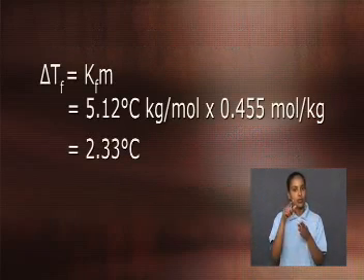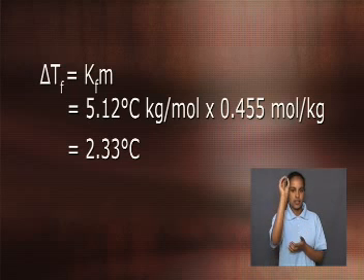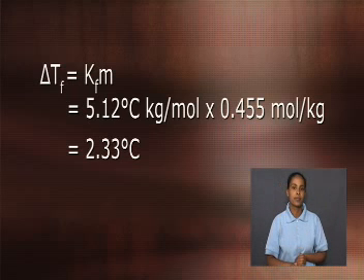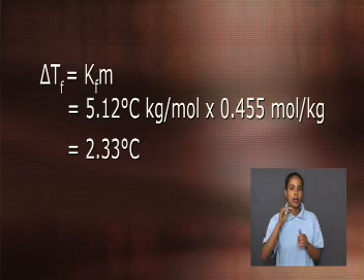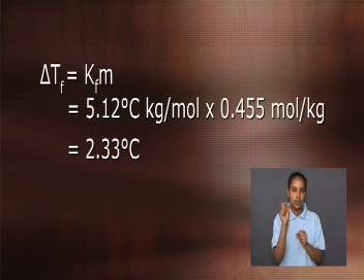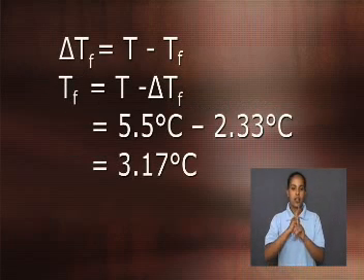From this, you can calculate the freezing point depression, which is 2.33 degrees Celsius. The freezing point of our solvent, benzene, minus the freezing point depression equals the freezing point of our solution. The answer is